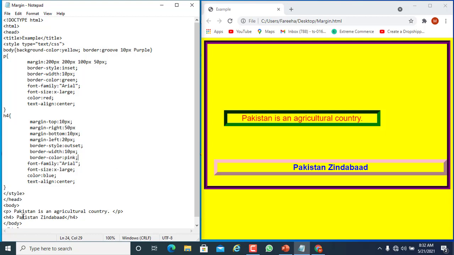So we write here Pakistan is an agricultural country and Pakistan Zindabad.